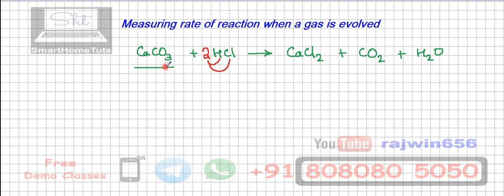So this is how we have balanced the equation. It was a very simple balancing. You just have to put this 2 over here. I'm going to give you some more examples of balancing of equations. A worksheet I will be sending you. So that worksheet you are going to solve and send to me. Now this was the balanced equation. Also we are going to write down over here the state symbols. Calcium carbonate, limestone. This is a solid.